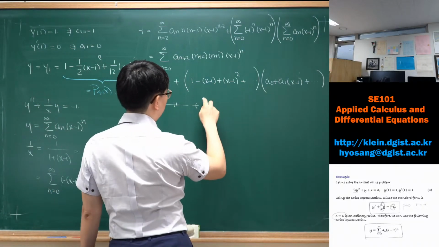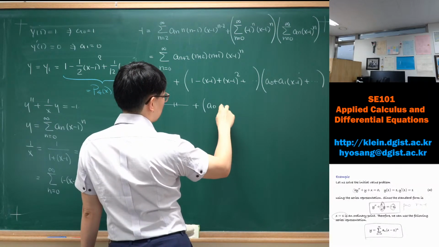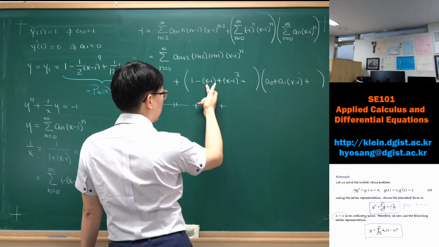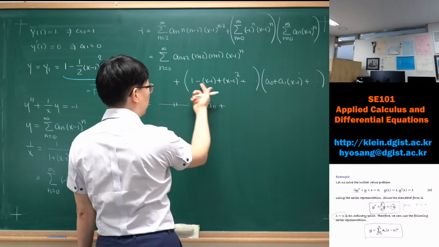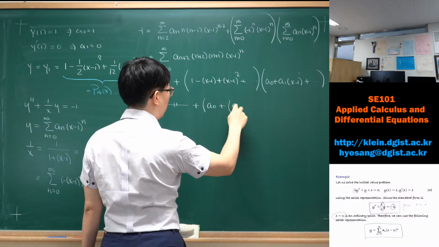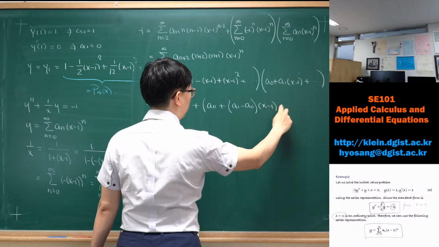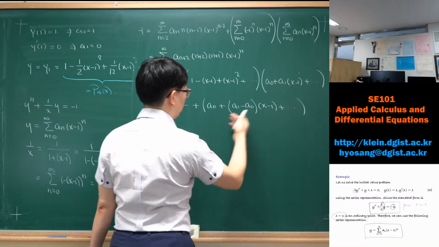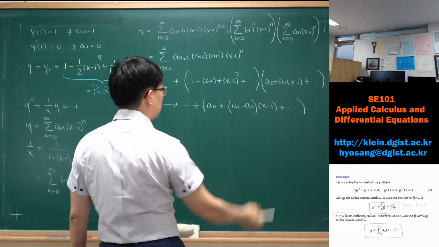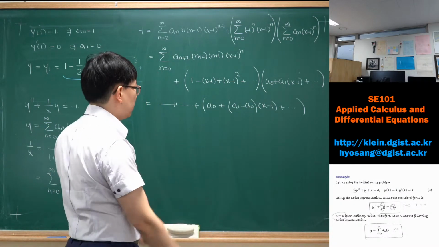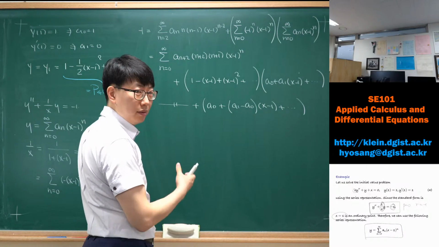The smallest degree comes from a0, right? And then the degree 1 term comes from multiplying 1 with a1 and minus 1 with a0. So this is a1 minus a0, times x minus 1, and so on. So you have to compute the series using this kind of recursive formula, but